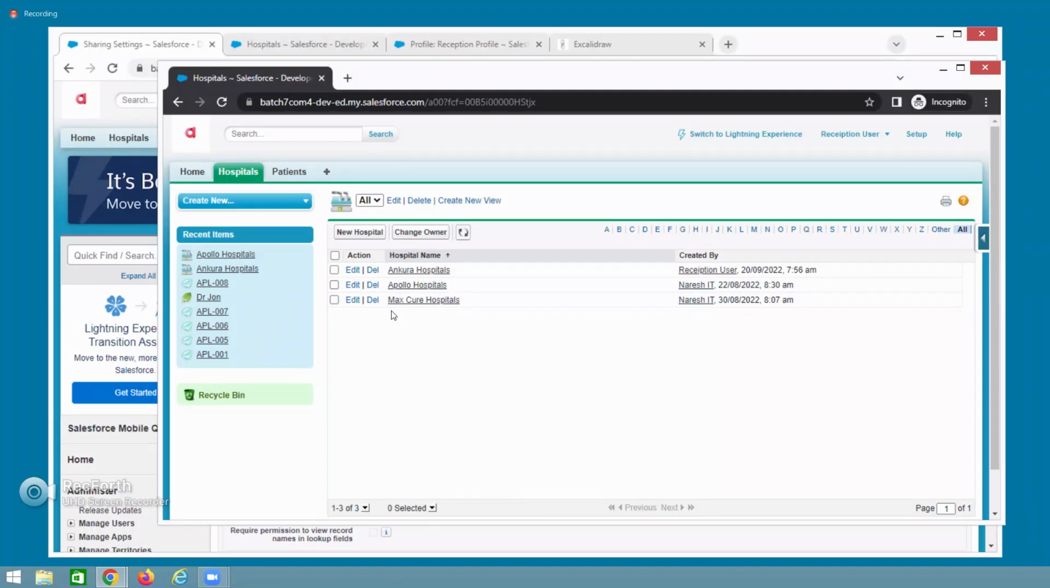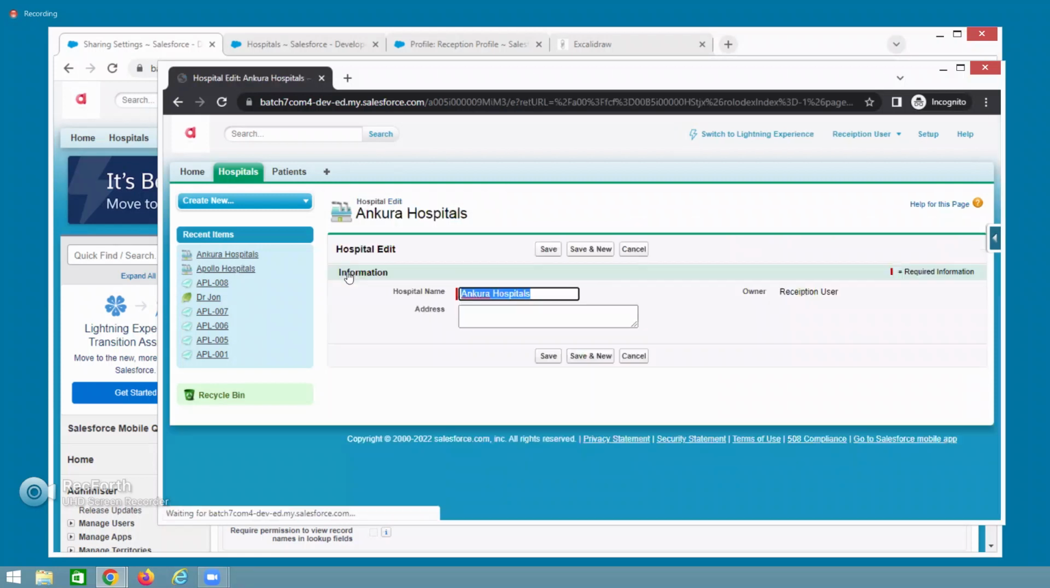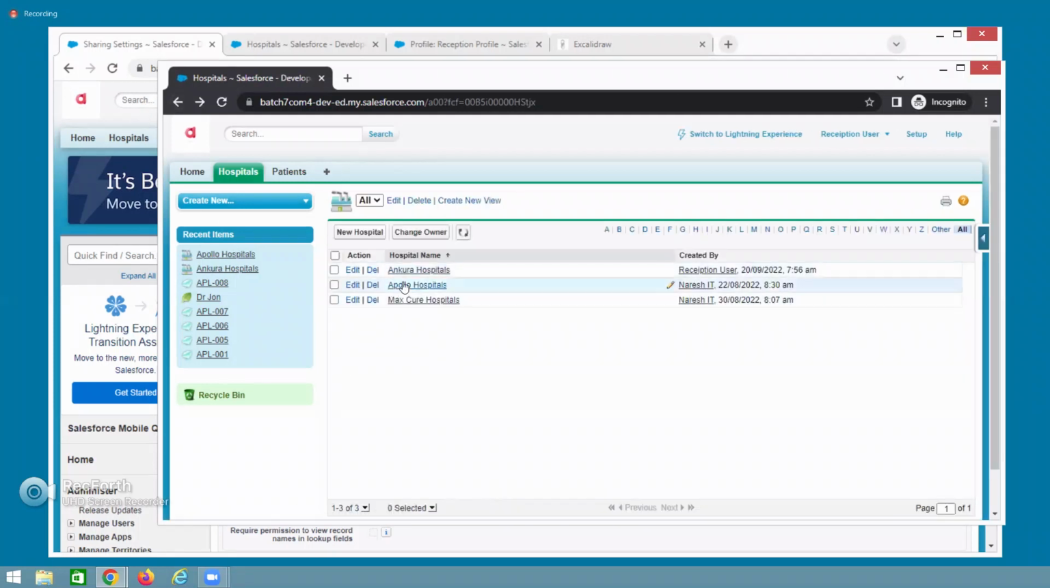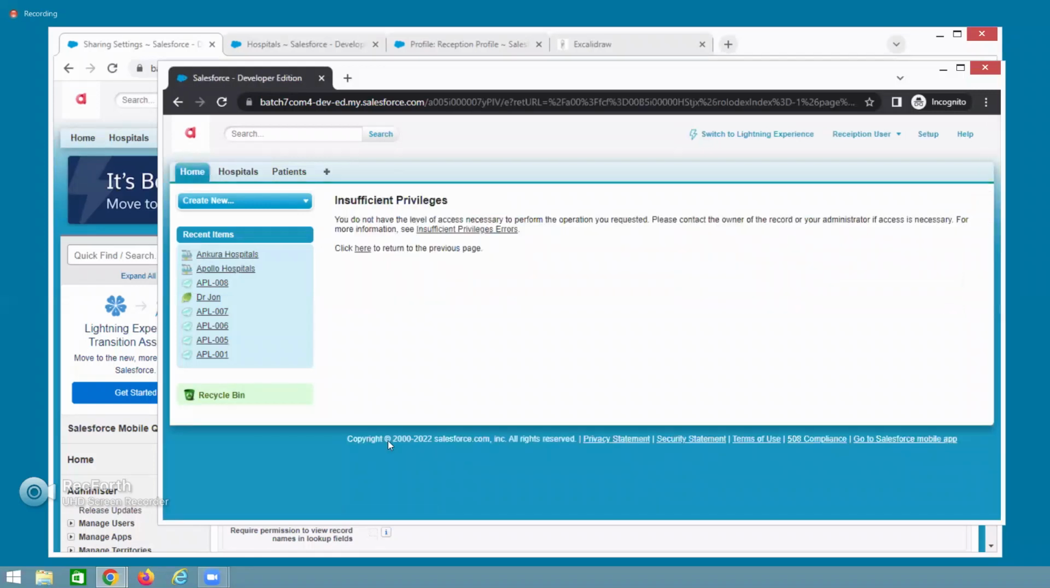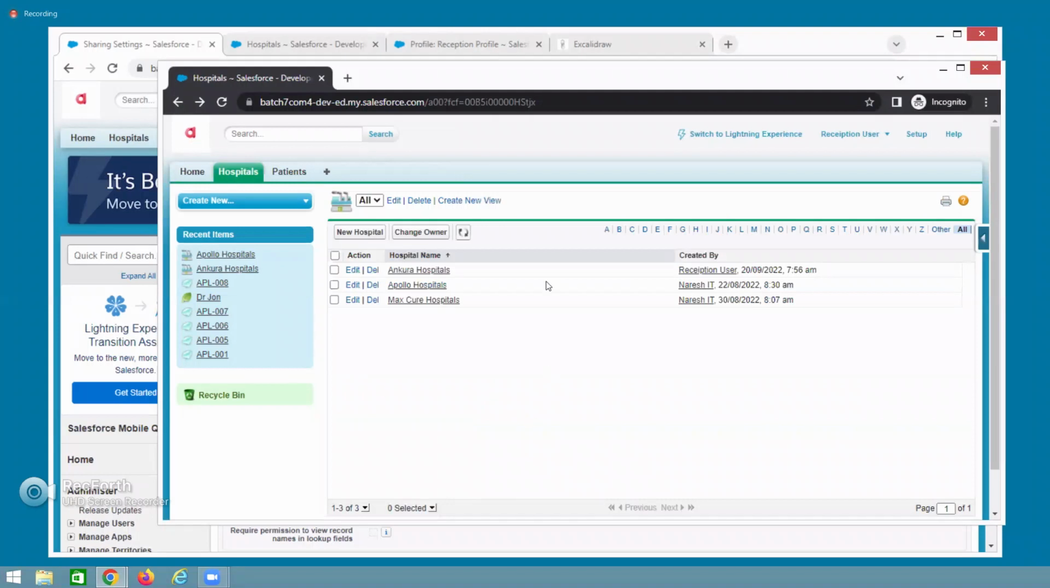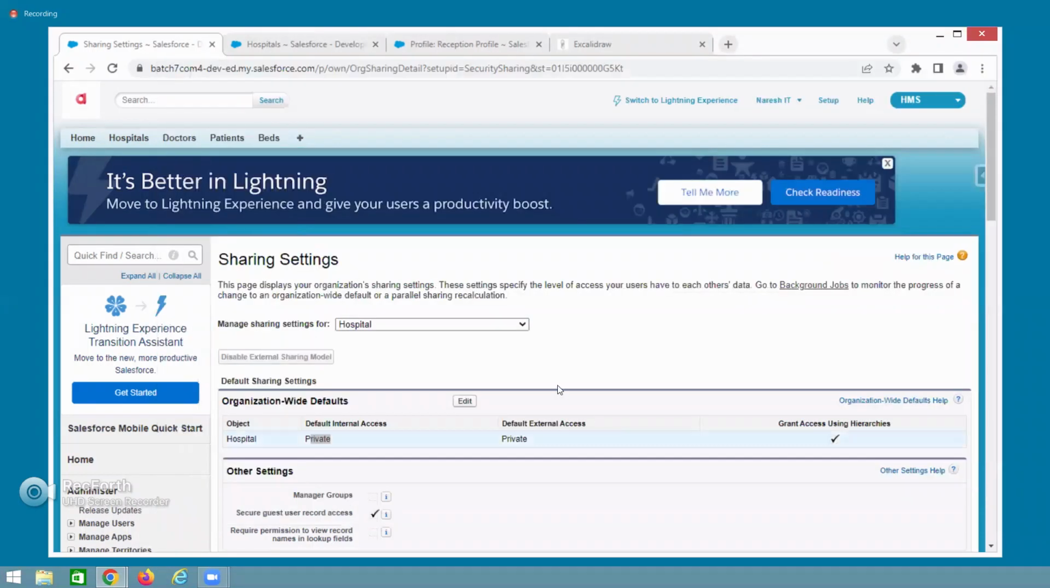Now, it is a view all, right? View all means there is no modification. So Ankura Hospitals, who created it? This guy created it, so he is able to modify it. But these two do not belong to this guy. Which guy? The reception user. It is a view all. That's the reason. Clear, guys? For example, if we need to provide modification as well,